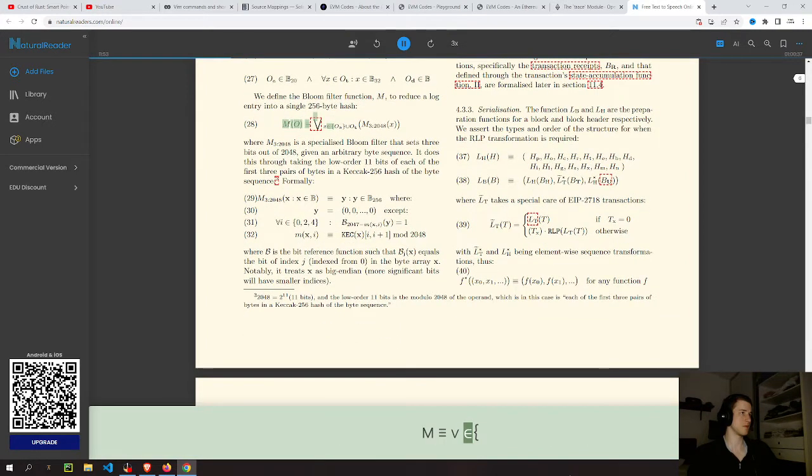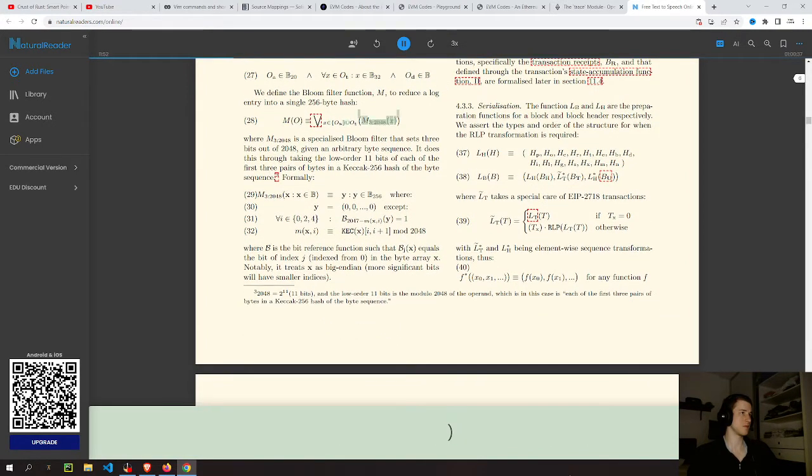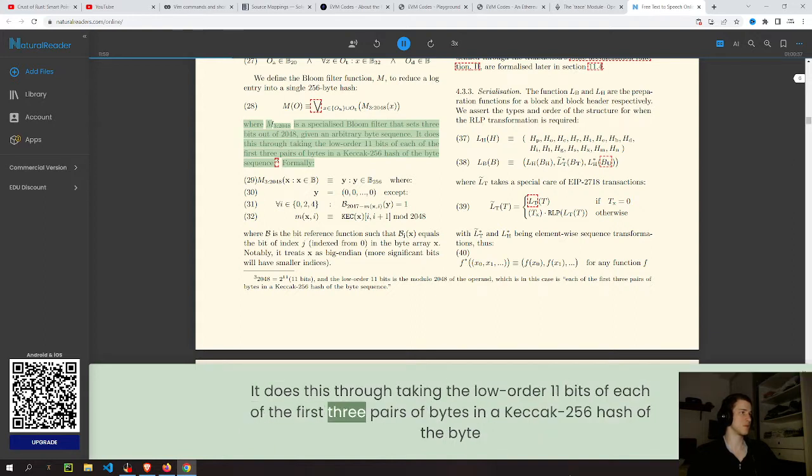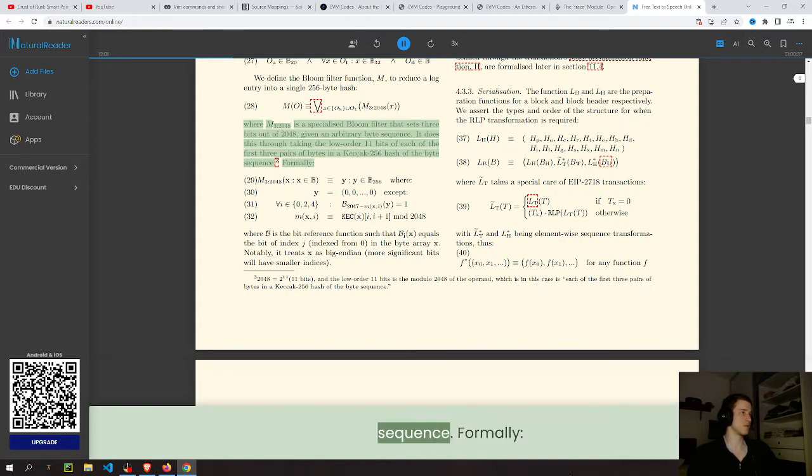M set membership symbol. Union set symbol. Where M3:2048 is a specialized bloom filter that sets 3 bits out of 2048, given an arbitrary byte sequence. It does this through taking the low-order 11 bits of each of the first 3 pairs of bytes in a Keccak 256 hash of the byte sequence. Formally,